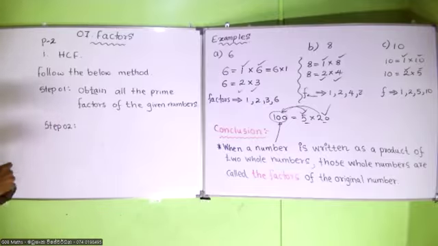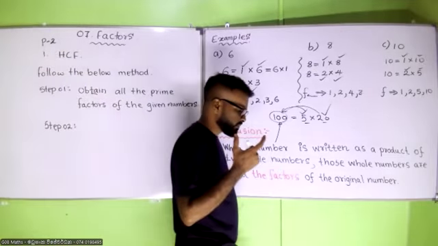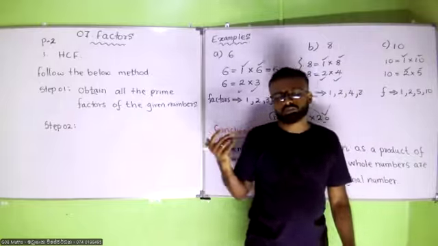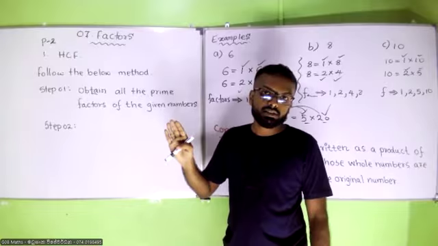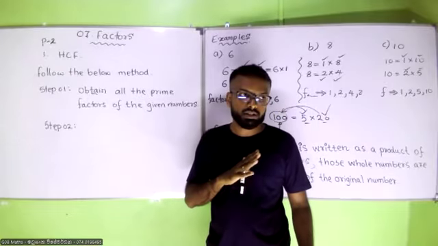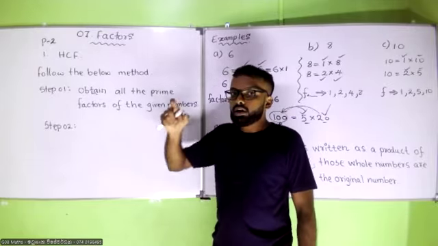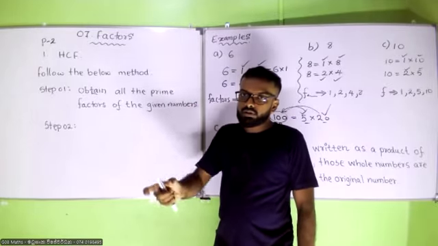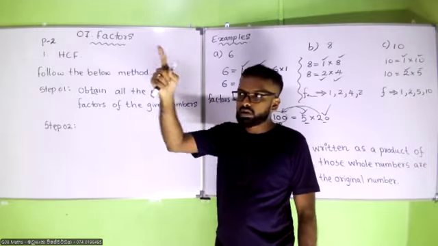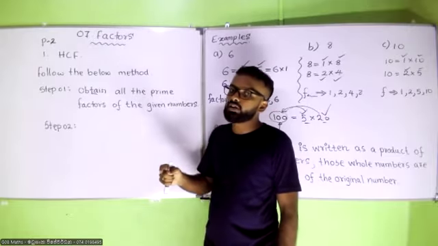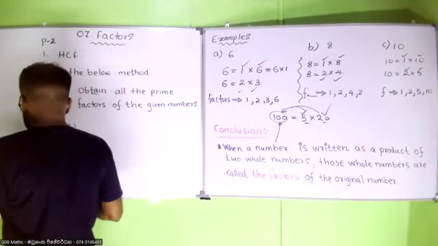Then step number 2. We have obtained some prime factors. There are several numbers, and those numbers have been written down as a product of prime factors. Then we are going to find the common factors for all the numbers. We are going to circle the common factors for all the numbers. So in step number 2,